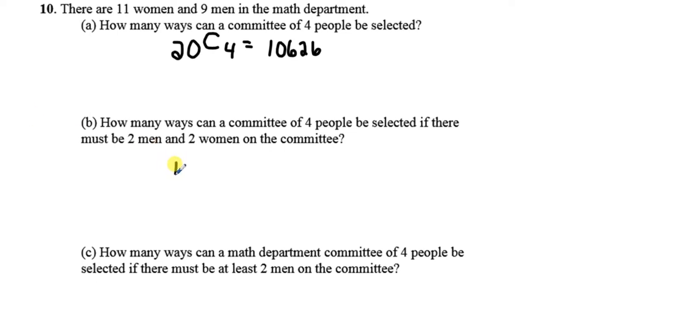well, we have 11 women, and we have to take 2 of them, and it's multiply because we're going to have 2 women and 2 men, and there are 9 men, and we're going to select 2 of them. How many ways of 2 can we get for the men? And order doesn't matter. So 11C2,